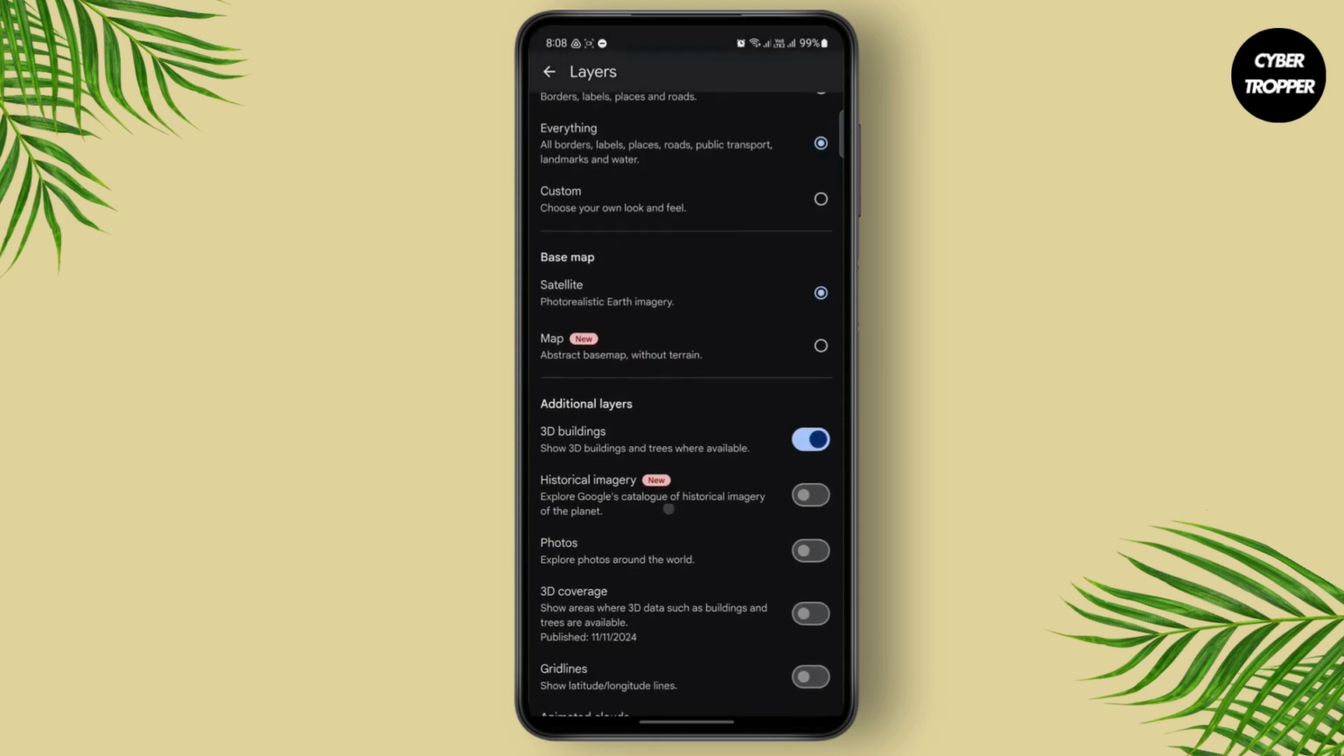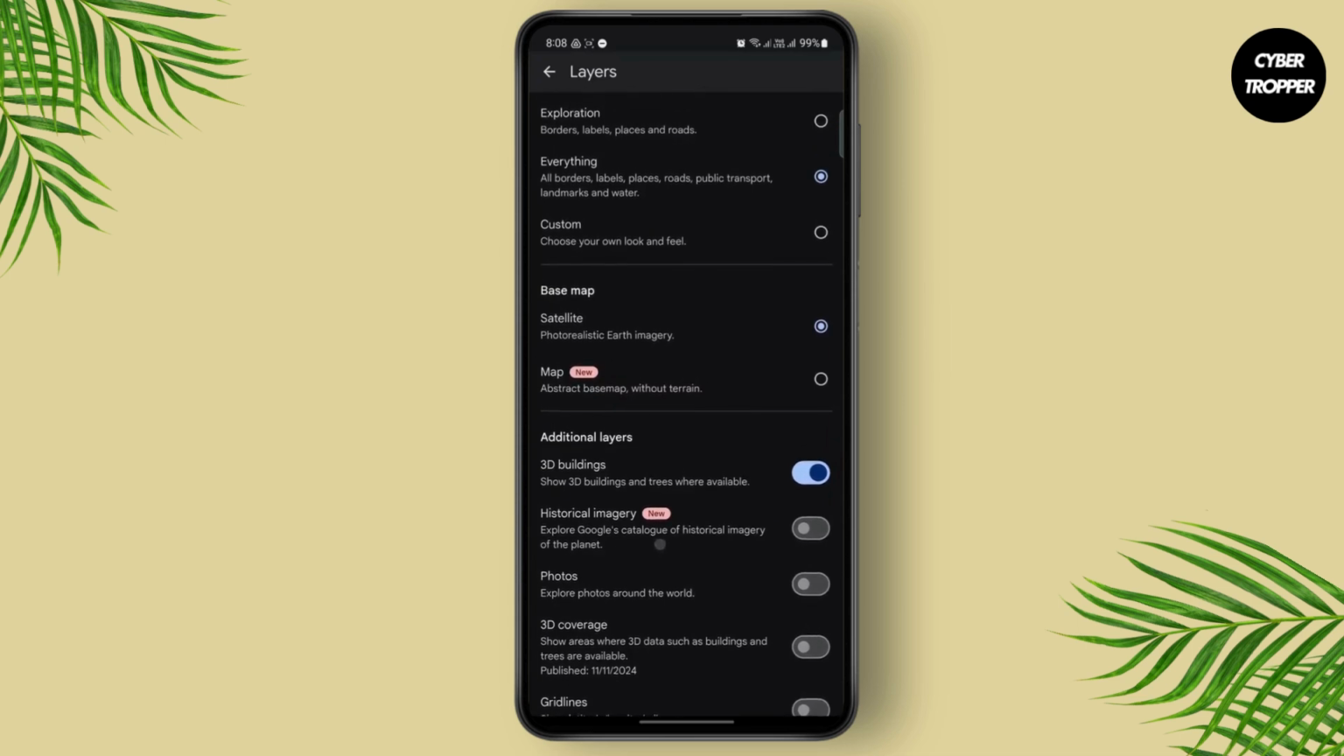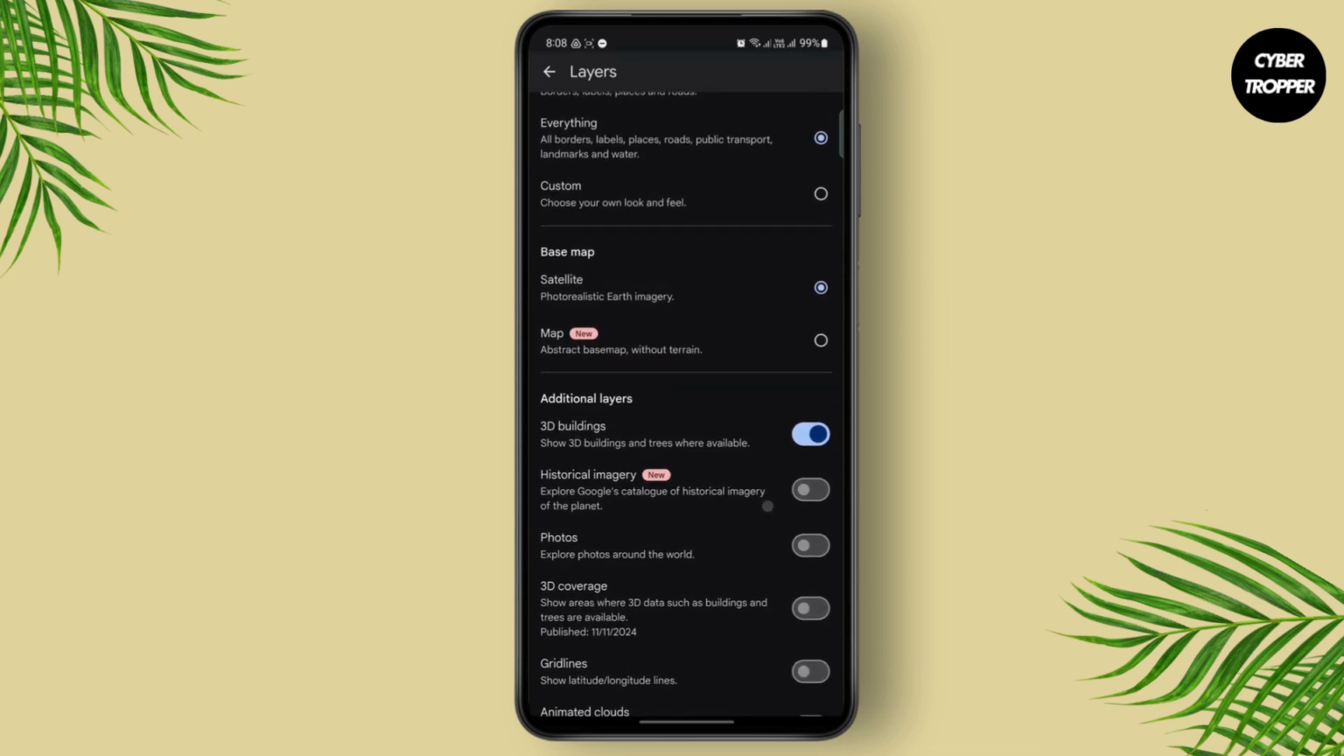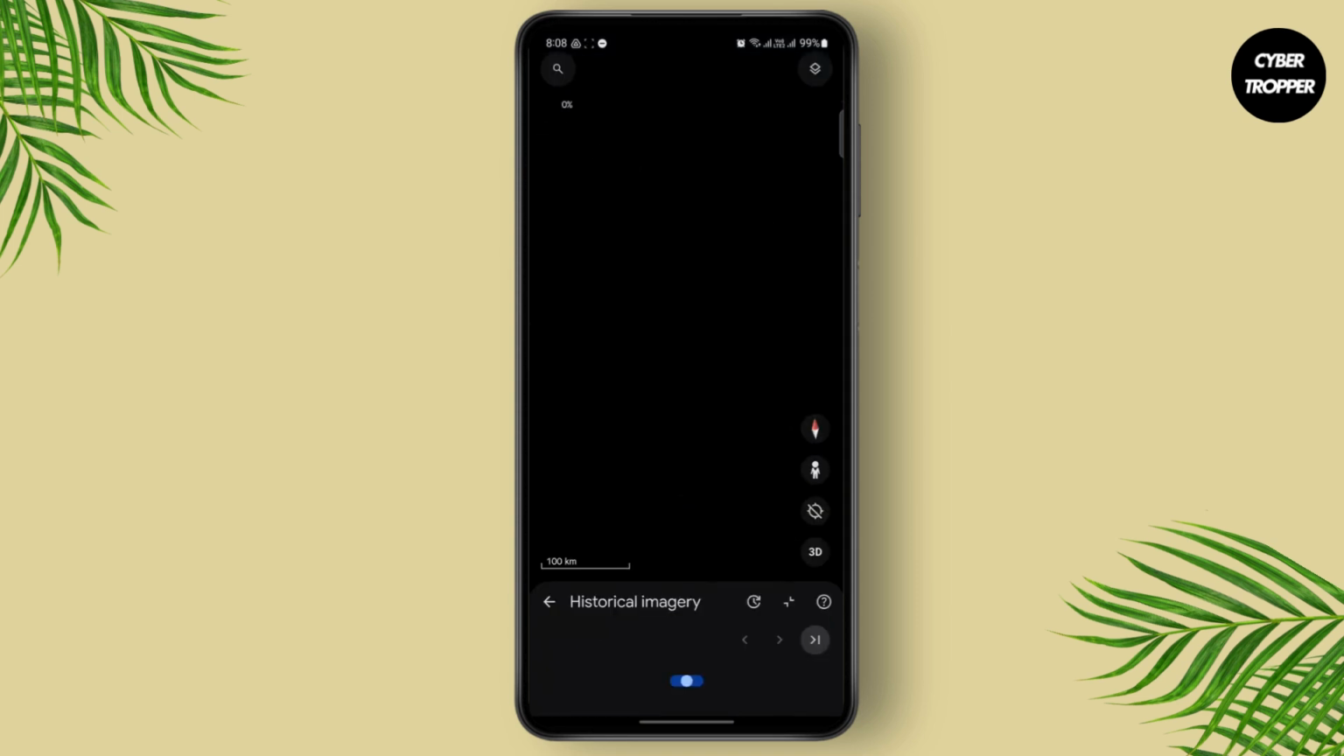So here you will see something called historical imagery. What this will do is it will explore Google's catalog of historical imagery of planet. Doing this allows you to go through the history and look how the places looked back in the time. So if you just turn it on,